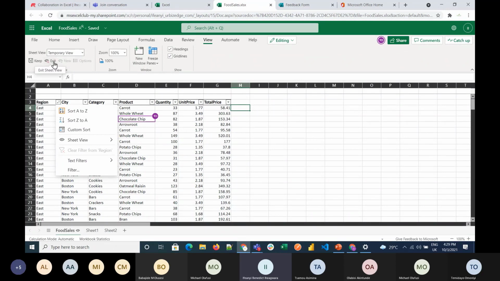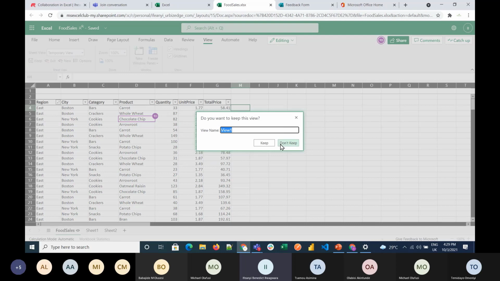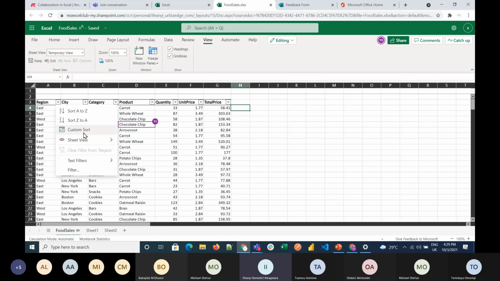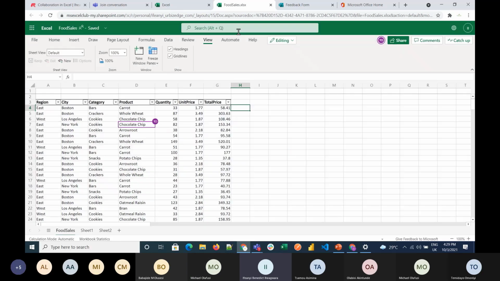If you want to create a new view, you come to new view, and you notice these black stripes, and I can filter my data sets. It should give me a view that is seen just by me. Then you can name your views.